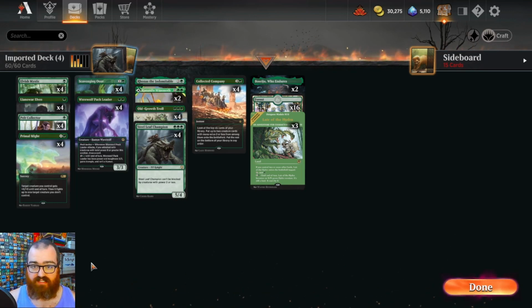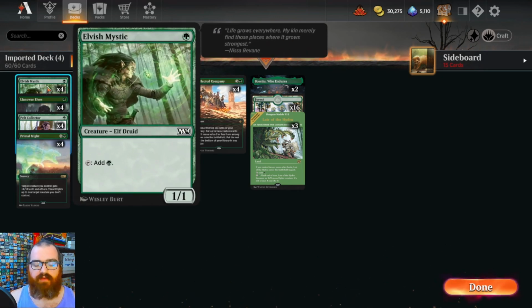The link to the list is in the description below. I'm going to talk about the general plan of the deck, and then we'll play a couple of games, so let's go. This deck got a very big buff with the recent Explorer anthology, and now we have Elvish